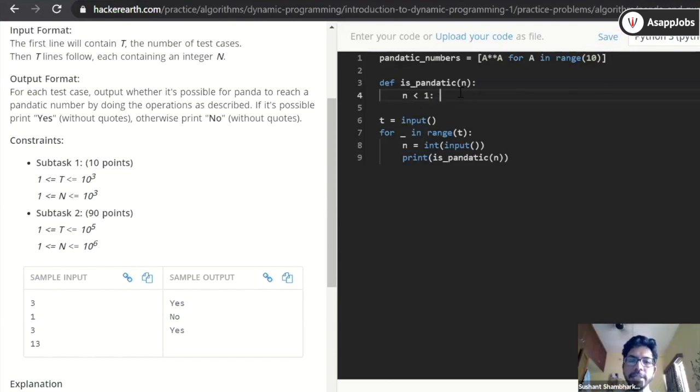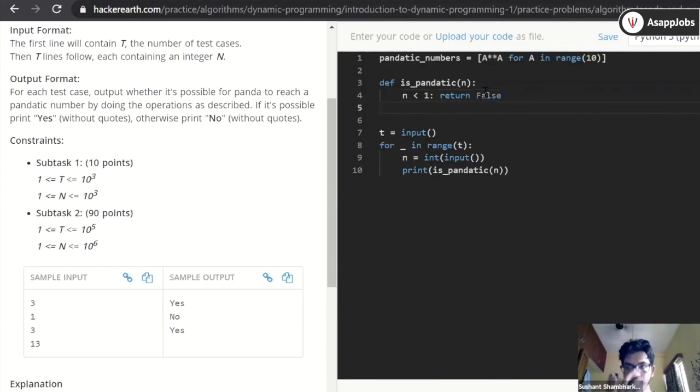So in the base condition, I told you that you can just return whatever the output of the program you want. Now this program only requires output as yes or no. What is the data structure for yes and no only? Can anybody guess? Yeah, Boolean. So we can use a Boolean data structure that is true, false. So for yes, that will be true. For no, that will be false. So if the base condition is getting hit, that means we are going in the negative territory. So just return a false.